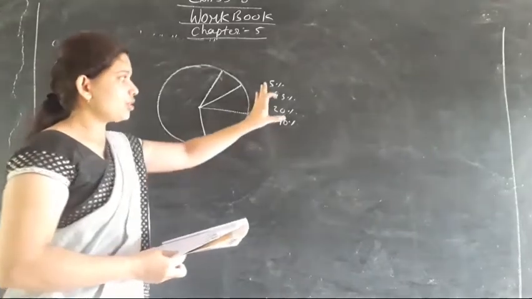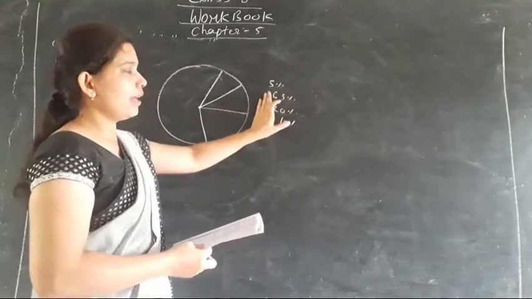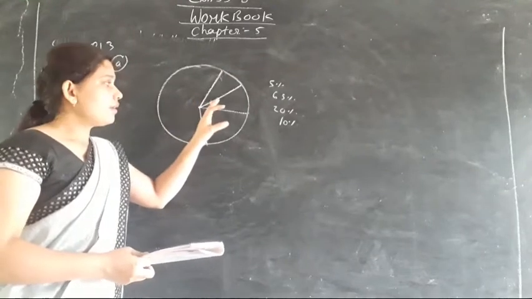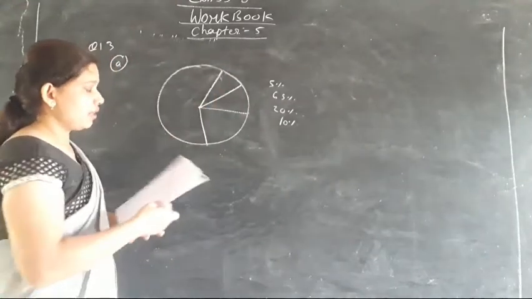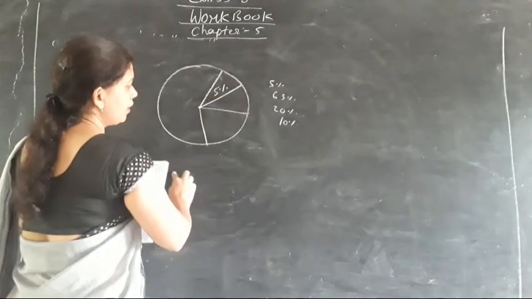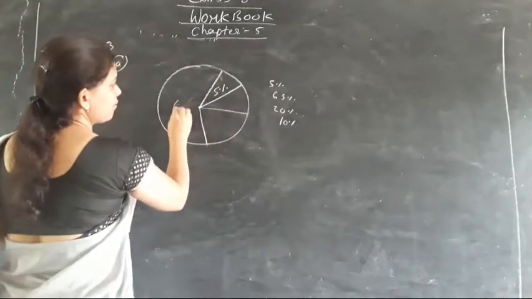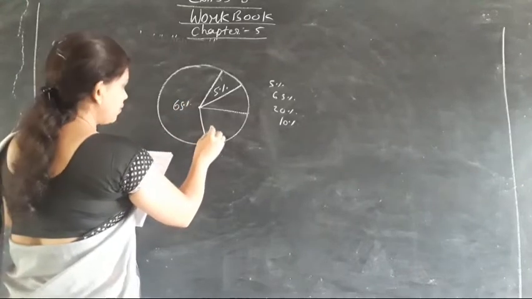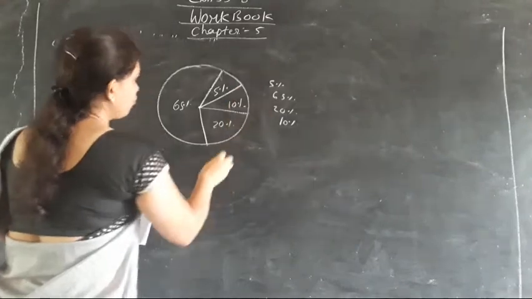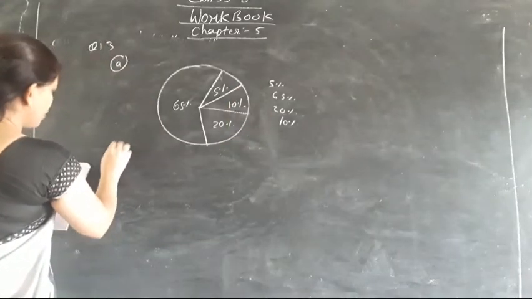ठीक है, यहाँ पर क्वेश्चन नंबर 13 में ये परसेंट दिया हुआ है। इस सेक्टर के साइज के अकॉर्डिंग हमको परसेंट उस सेक्टर में, सर्कल के सेक्टर में मार्क करना है। तो सबसे छोटा सा सेक्टर क्या होगा? ये 5% सबसे छोटा है। देन सबसे बड़ा कौन सा होगा? 65% वाला होगा। देन आफ्टर 20% एंड देन आफ्टर द 10%. So like this you have to mark the sectors for question number 13.